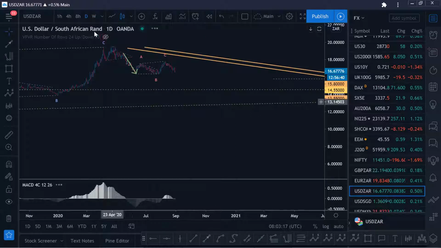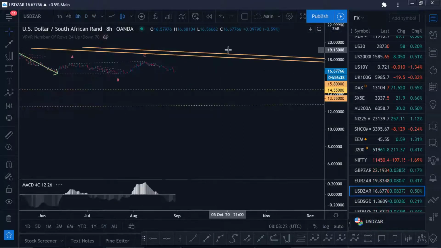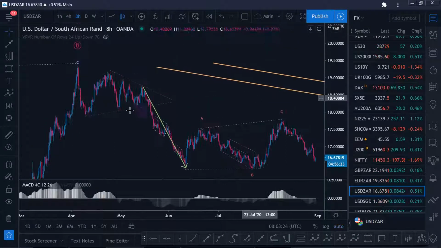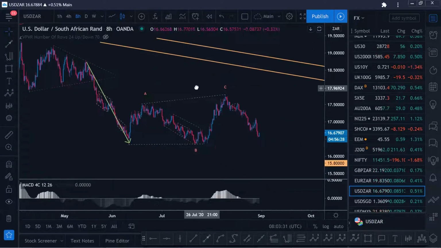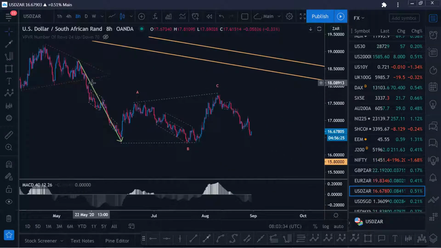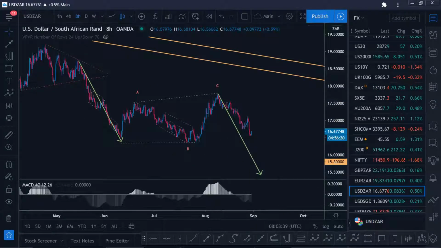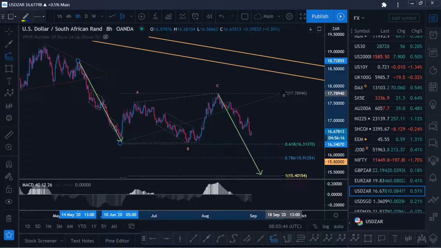Zooming in, you see what we have is impulse down, ABCD triangle, impulse down, expanding flat. We are now in another impulse down, with this being your complementary impulse. So downside targets for this lower degree structure are 1590, 1540, keeping in mind that our area that we're looking for, 1580 as a minimum target, is close,